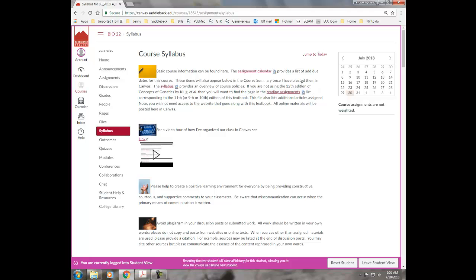Notice that the book we are using is the 12th edition of Concepts of Genetics by Klug et al. It's perfectly fine to substitute an older edition of the textbook if you wish. You can use the 9th, 10th, 11th, or 12th edition of this book. However, be sure to get a student handbook and solution manual that goes with the edition of the textbook that